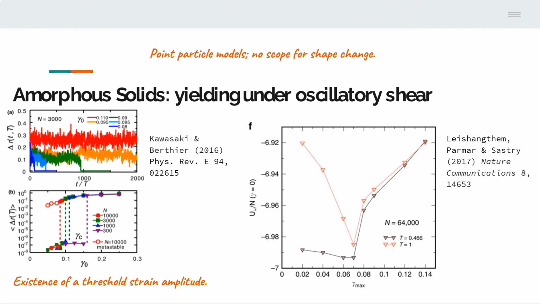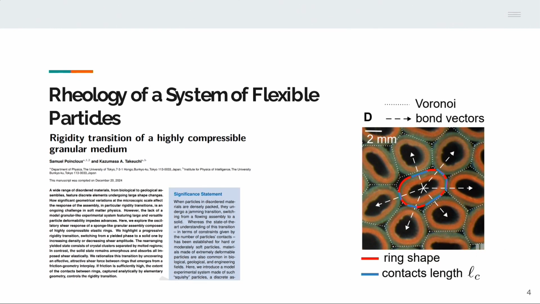So now for both these cases, these are point particle models, and there is no scope for a shape change to happen to the constituent particles. So now we can ask the question, what would happen if the particles are allowed to change their shapes? So we can look at this experimental paper which has recently been published. So here they had a granular assembly of rubber rings which look like this, and they apply